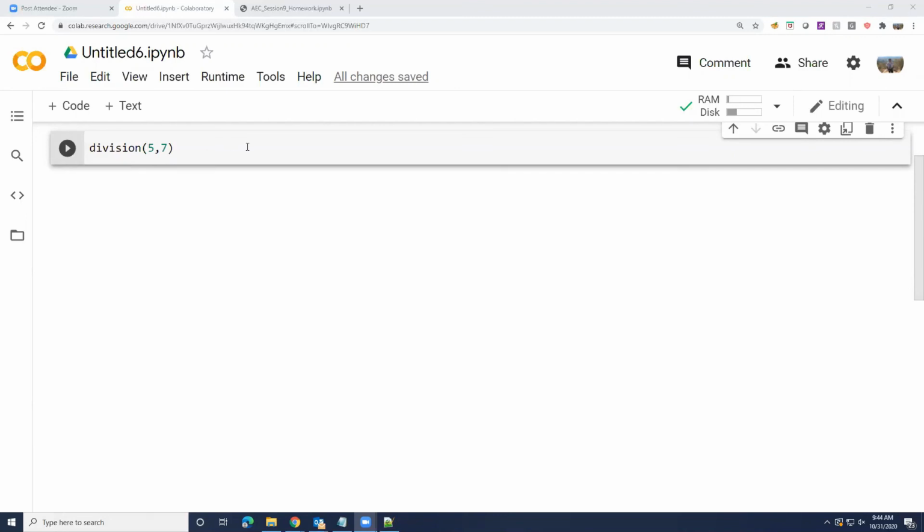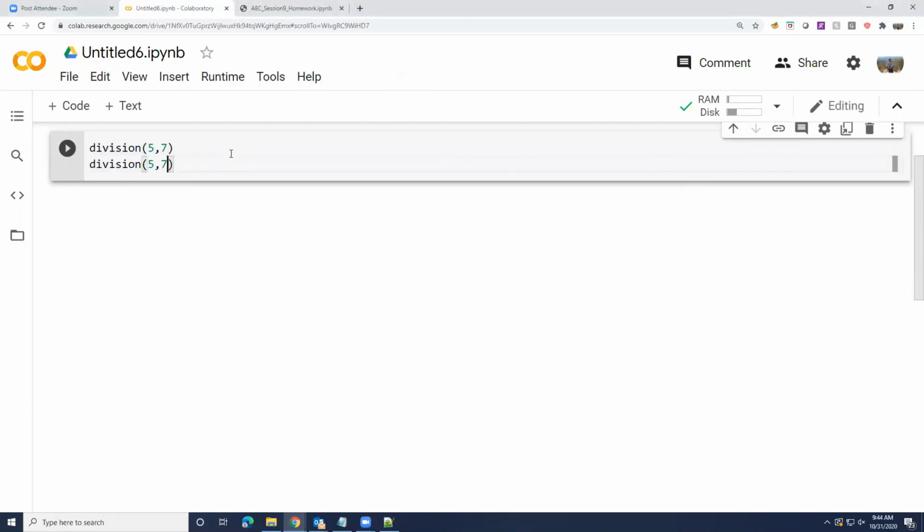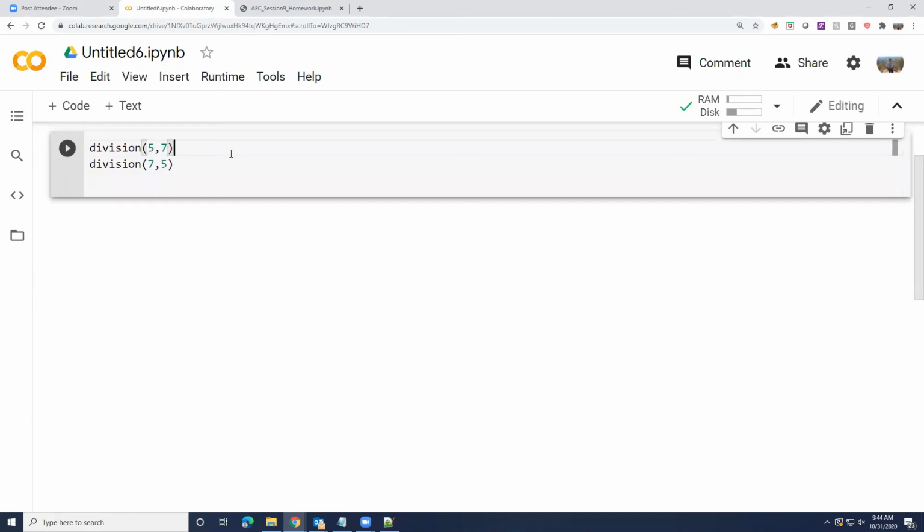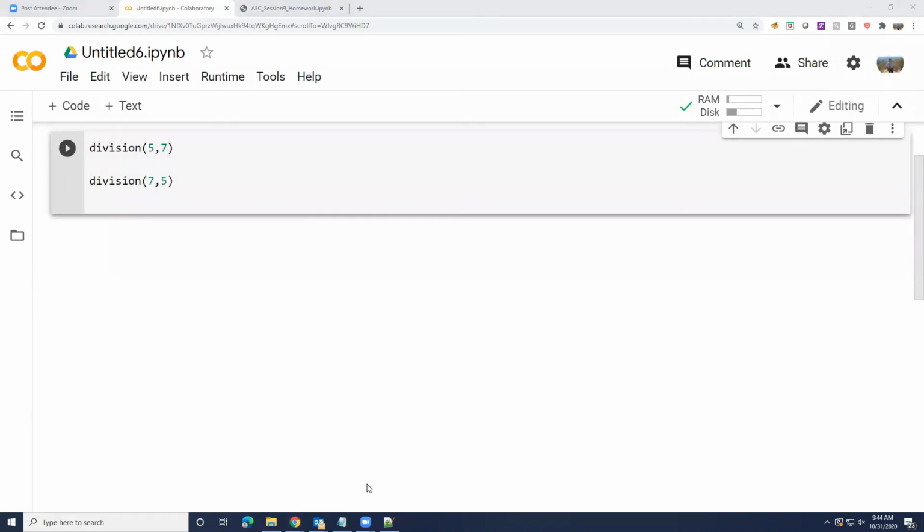Comment. Okay, you could put a comment. 7, 5 wouldn't make it any more clear, right? These two are different, but which one is the divisor? Which one is the dividend in either of these? Allow user to input, that's a different way to solve this. But while calling this function, if I want to just look at the call and make it clear, is there any way? Dictionary? Okay, you could pass this in a dictionary. That's one way, a good idea.